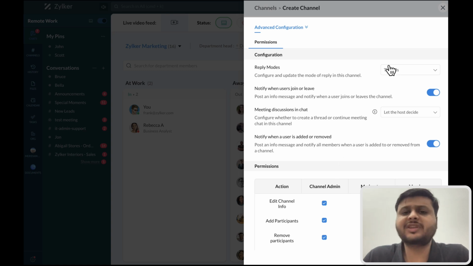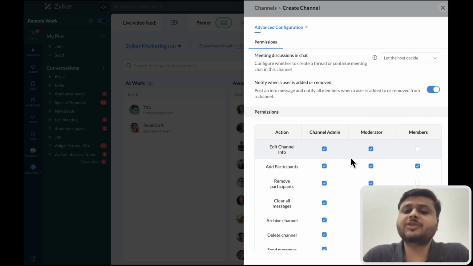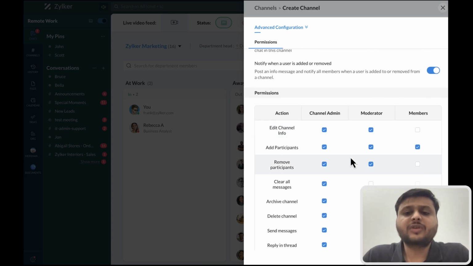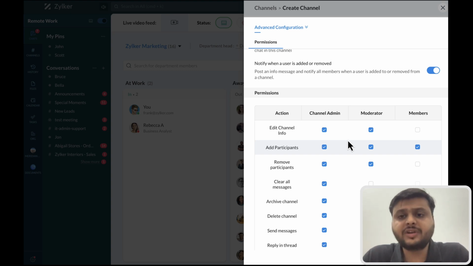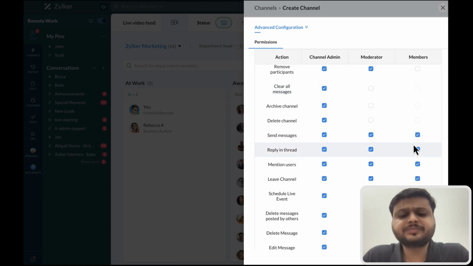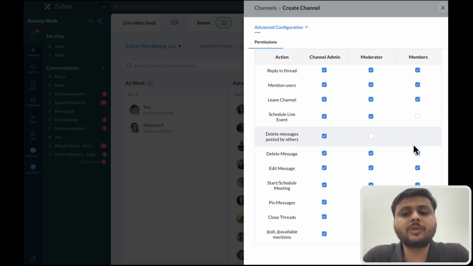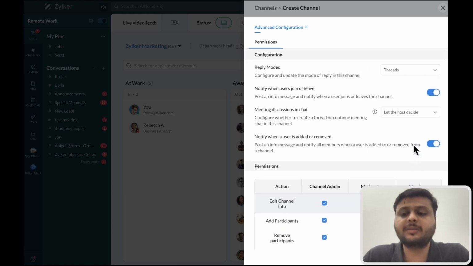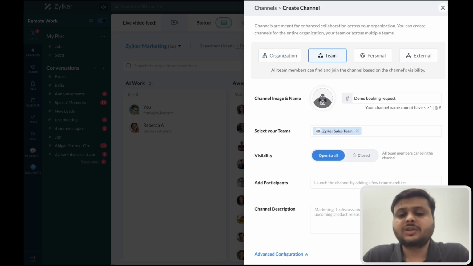For example, if you want threads, you could do that. If you want to get notified when somebody joins or leaves, that can be done. And you can also give permissions for different people. For example, channel administration or admin has certain credentials or powers, similarly a moderator and a member. Again, please do explore it. There's help documentation also on this for you to understand better if you need it. So let's save it